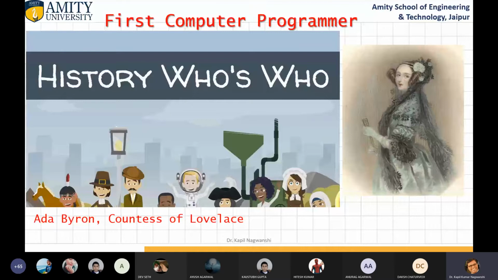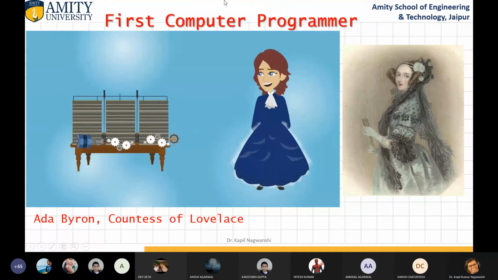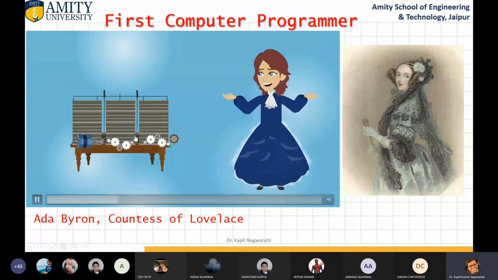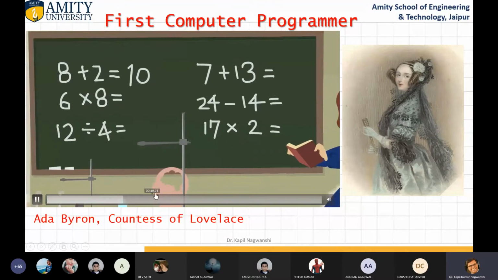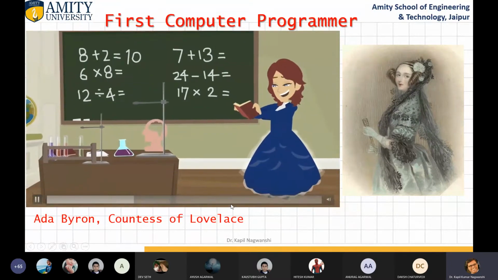Then Ada Baron Countess of Lovelace. She was the first woman programmer. Okay, and actually she was the first programmer, not just first woman, the first programmer. Pioneers of early computers. As a young girl, she was fascinated with maths and science, and at 17 years old,